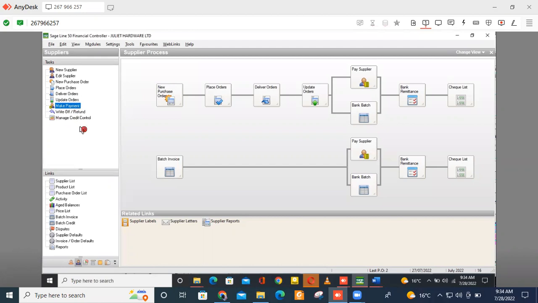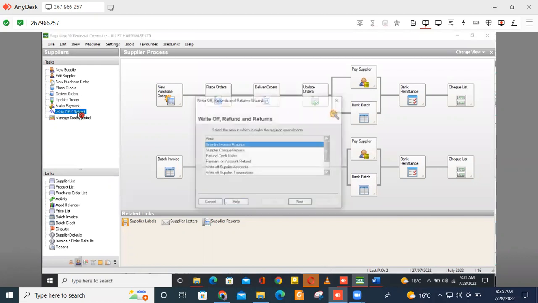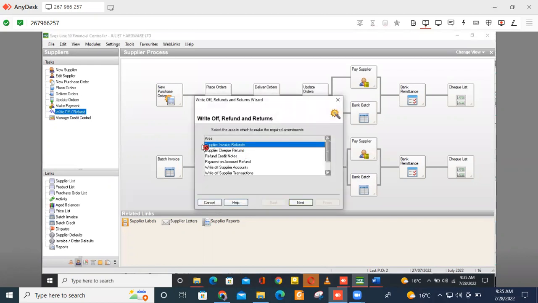Suppose now this particular given person has made, maybe you have made a refund. So if you make a refund, you write off or give a refund. Give a refund in this particular given case. So you just click give refund. So when you click give refund, we have a supplier invoice refund as the first refund that you are giving. So you can just select here. When you select, you are giving a refund to Mohammed Sand,